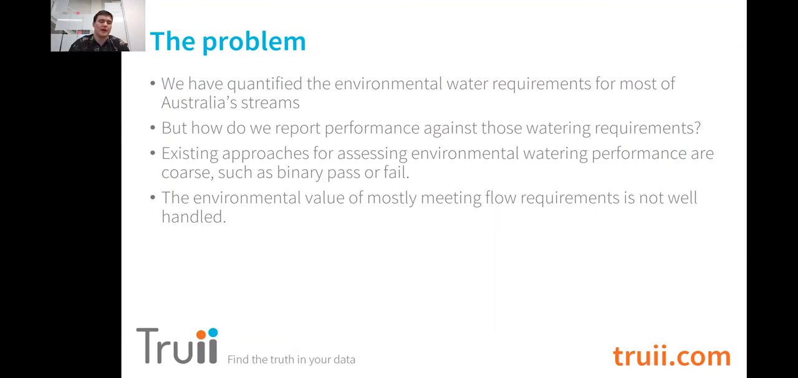Well, we've quantified the environmental watering requirements for most of Australia's streams, but how do we report performance against those watering requirements? Well, existing approaches for assessing environmental water performance are very harsh and usually just a binary pass-fail approach. And the problem with this is that the environmental value of mostly or partially meeting a flow requirement is not